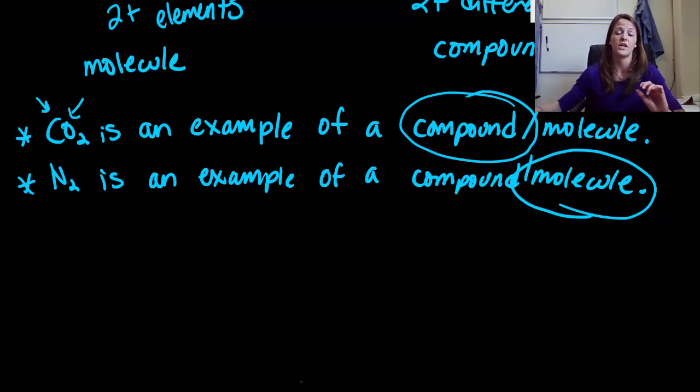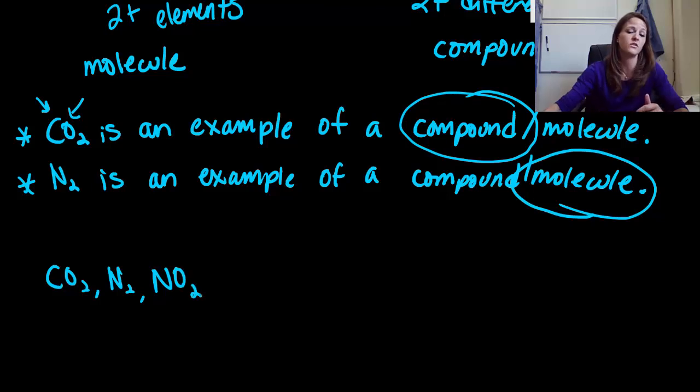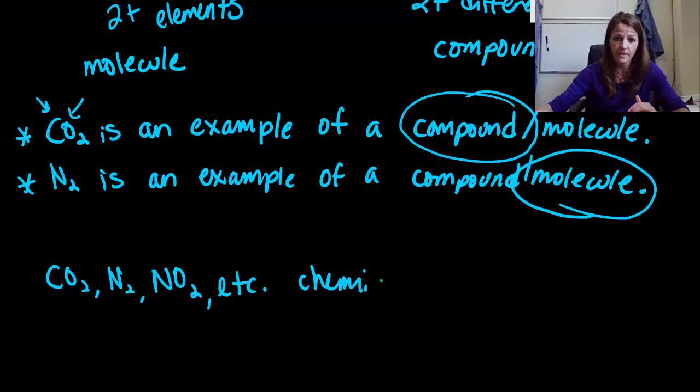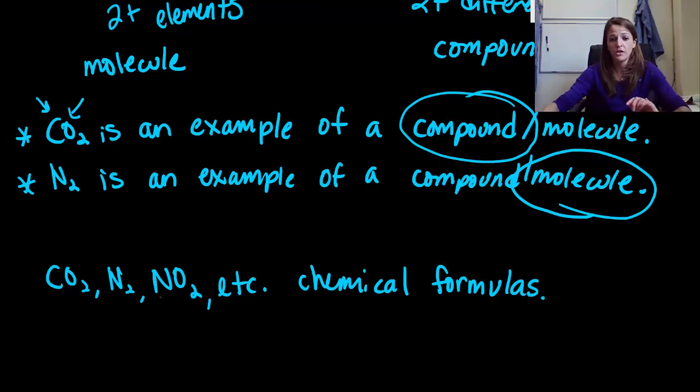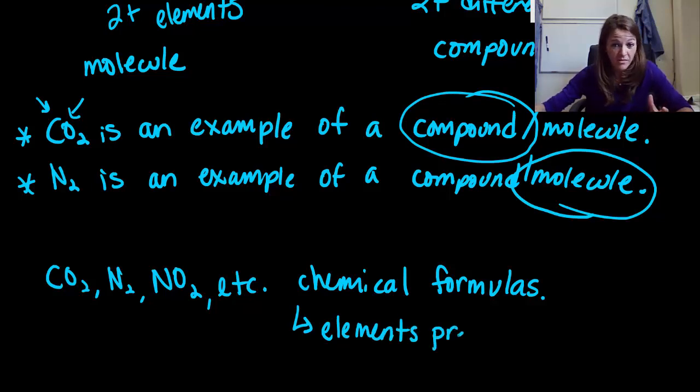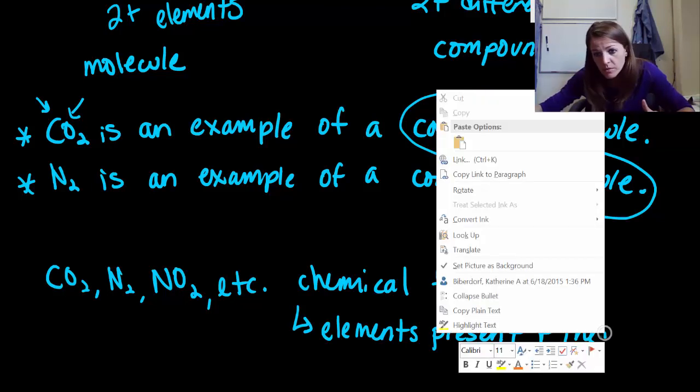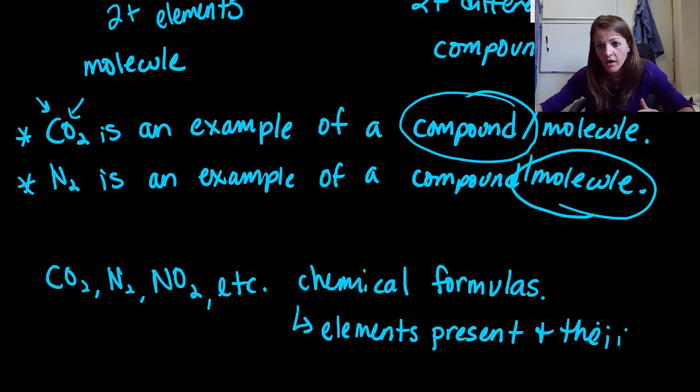The last thing I want to throw in here is what's considered a chemical formula. So now I've been using these things. So CO2, I've written N2, we've done NO2, we've done SO2, so on and so forth. These are all called chemical formulas. Chemical formulas are simply just a representation of elements, okay, that are existing. So it's the elements present, maybe that's a better way to say that, and this is very important, their corresponding